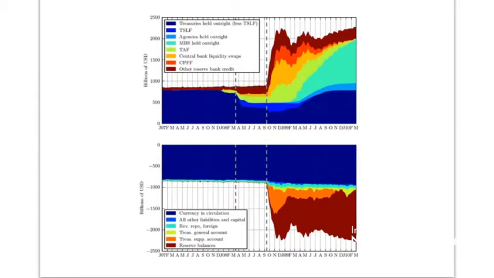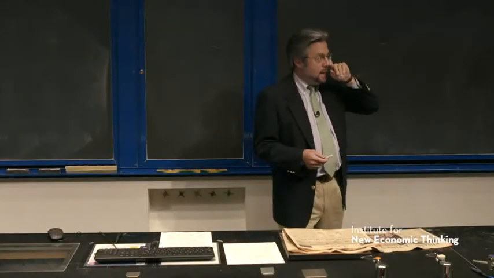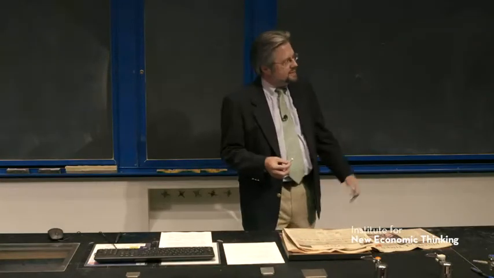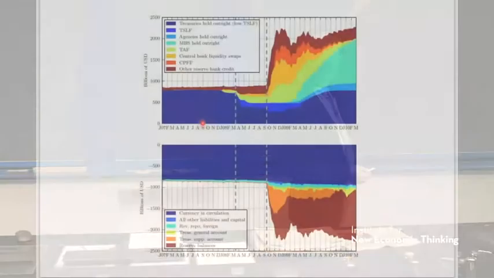And this is the balance sheet of the Fed. Up on the top, you can see assets. So they're plotted as positive numbers, and on the bottom, liabilities of the Fed, and so I'm plotting them as negative numbers. So it really is a balance sheet, and you can see both sides of the balance sheet in this picture, and you can also see time. And you can see how the Fed responded to the crisis. In fact, the crisis began back here, in August of 2007.